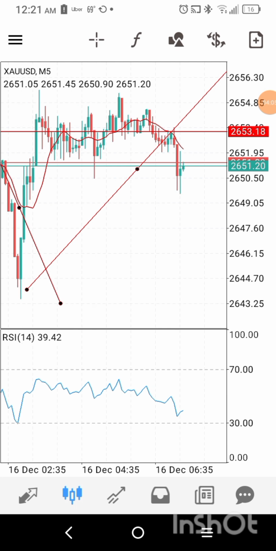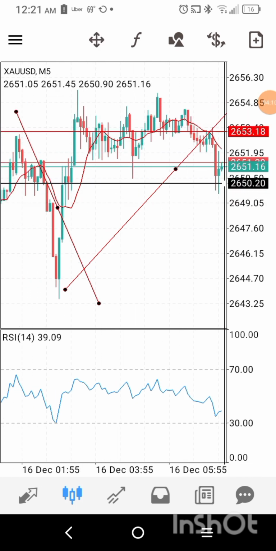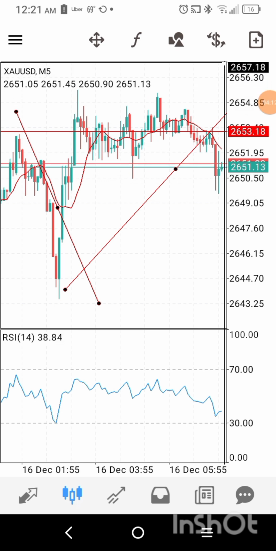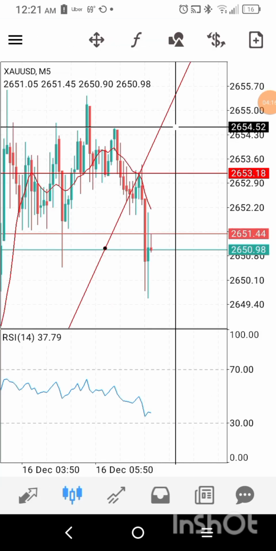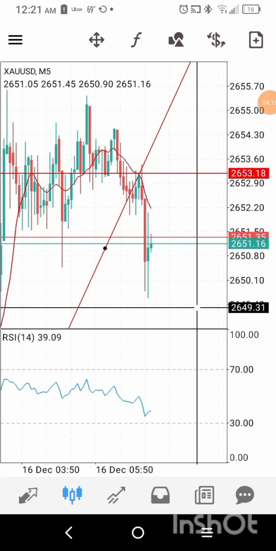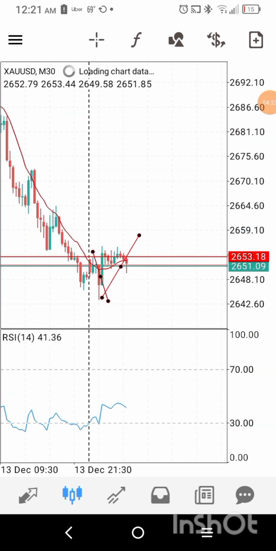When you see it going sideways, this can either be a continuation and then we're going back up, or it can be a reversal and now we're heading back down. In this case, just looking at the overall,